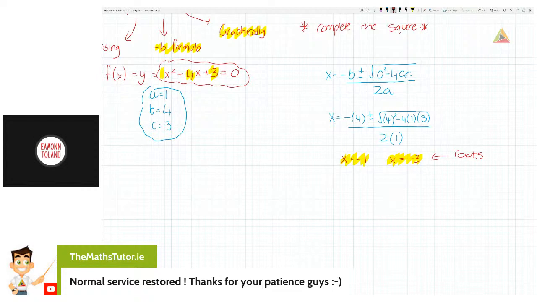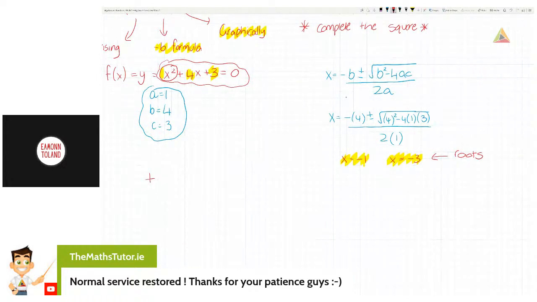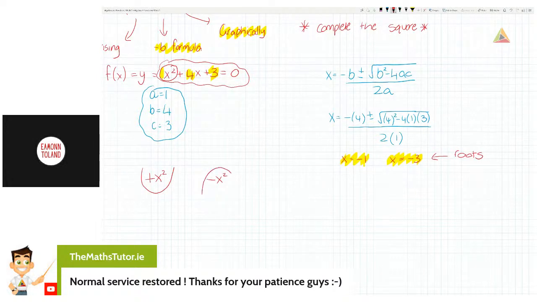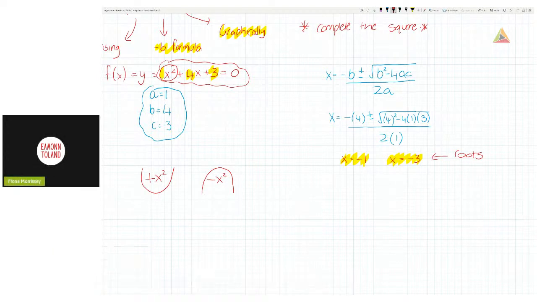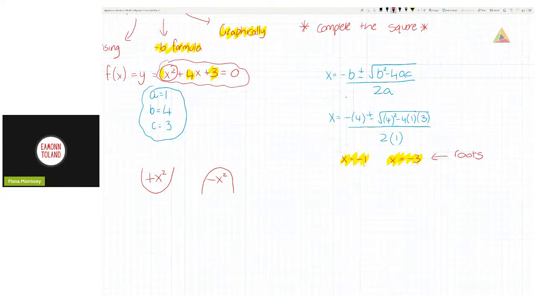if I was to graph that quadratic, the x squared plus 4x plus 3, we know because it has a positive value of x squared, so because this is a positive number here, it's going to be U-shaped. So if it's a positive value of x squared, it's going to be U-shaped. If it's a negative value of x squared, n for negative, it's going to be n-shaped. Okay, so if we were graphing it, just a rough sketch, we know it's definitely going to be a U-shaped